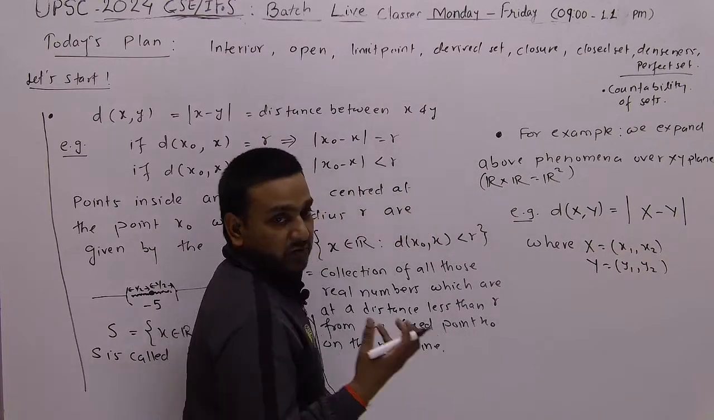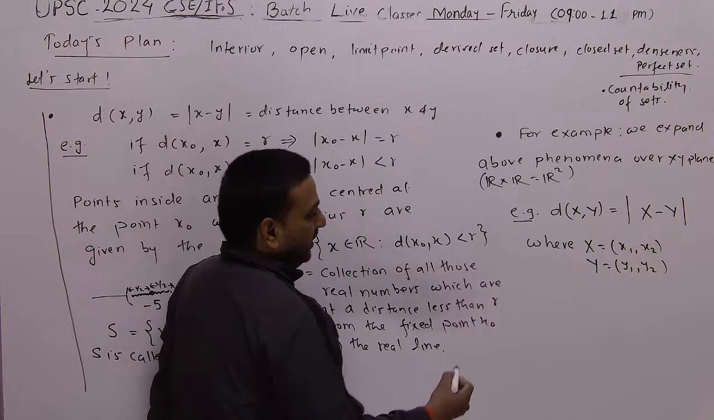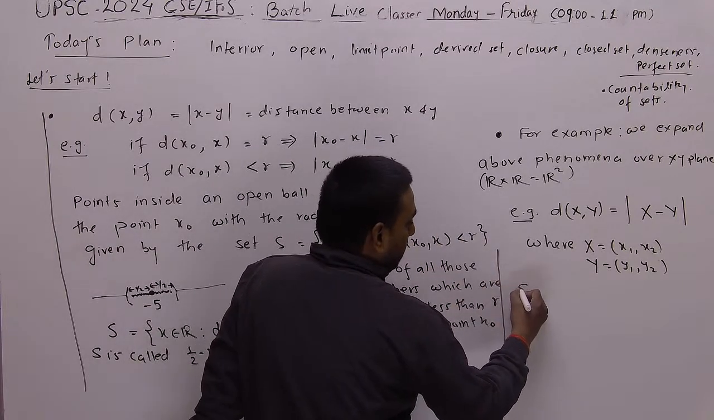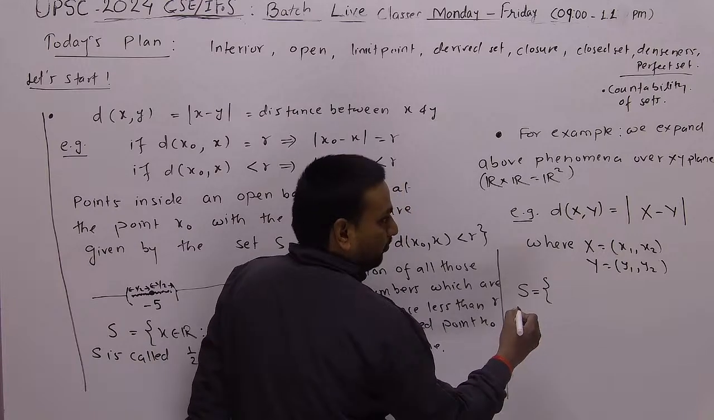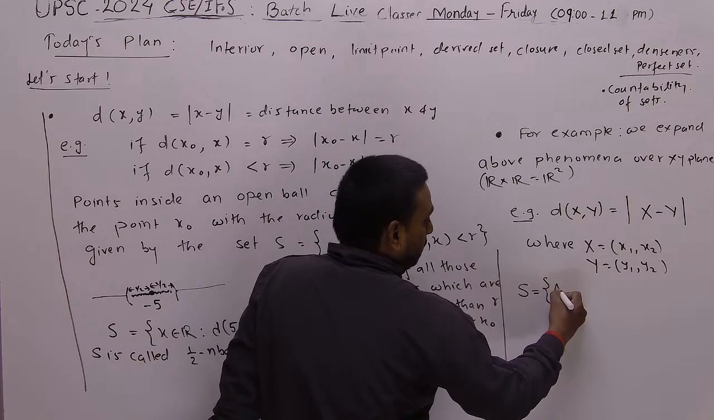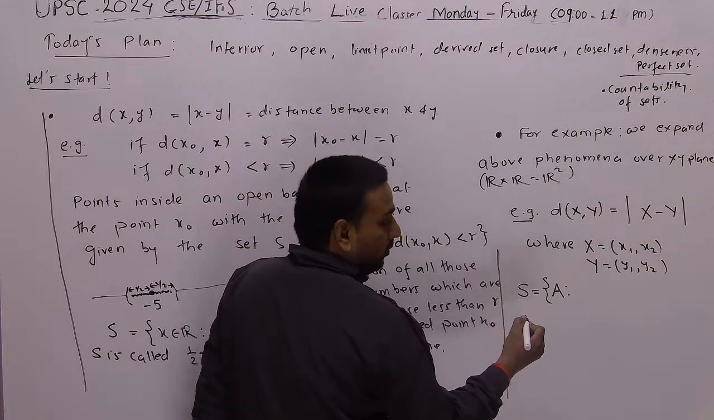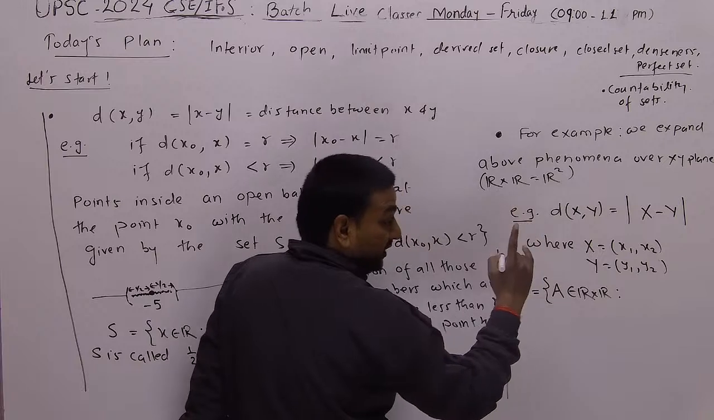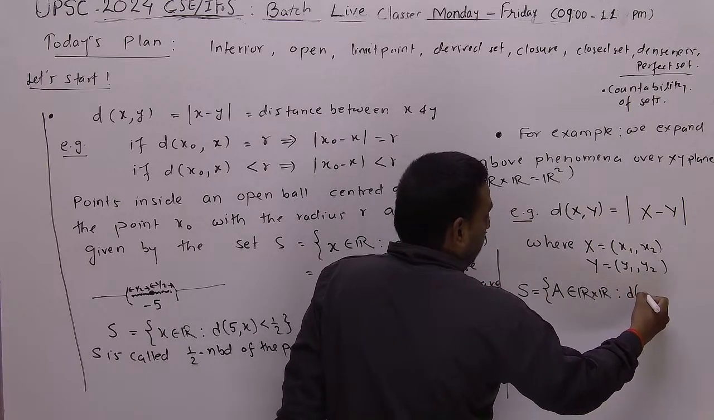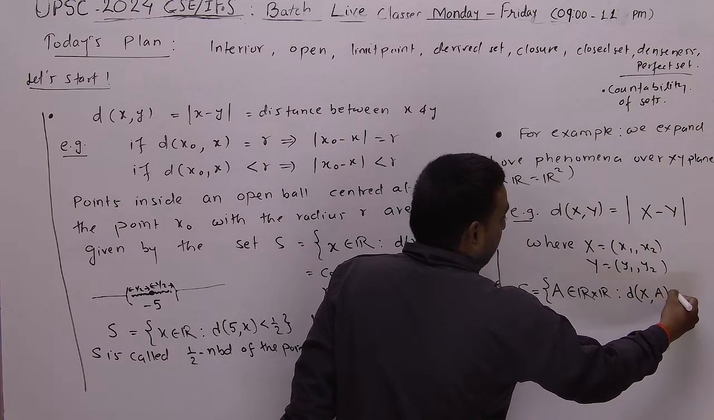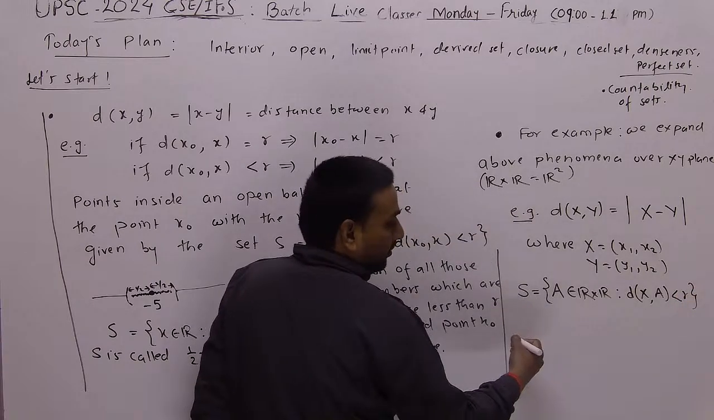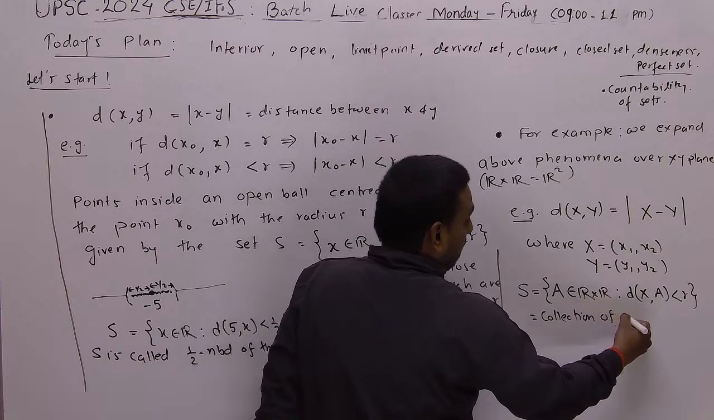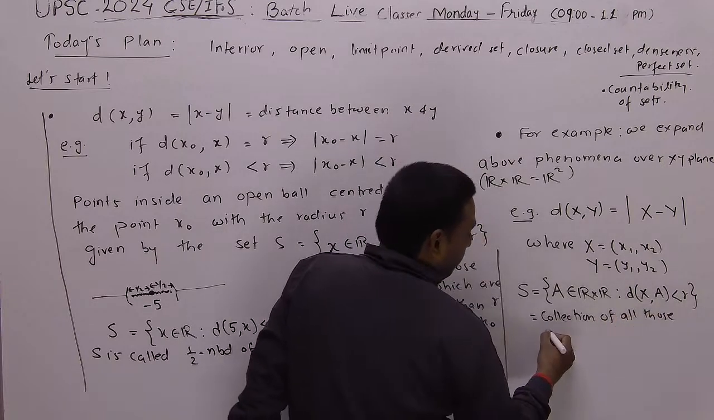देखना ध्यान से प्यारे बच्चों, the most important phenomena is here. एकदम से crystal clear हो जाएगा अभी. अभी देखिएगा, what I do is I take a set and I take those points, क्या ले रहा हूं, A belongs to R cross R, such that D of x comma A is less than R. So this will be collection of all those points